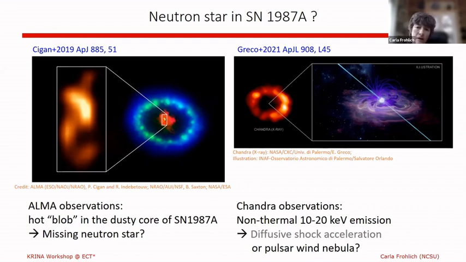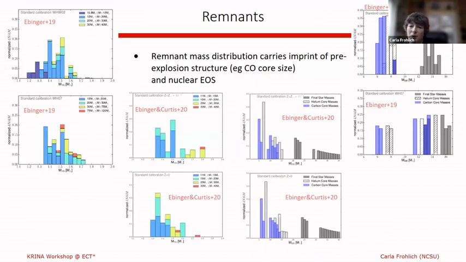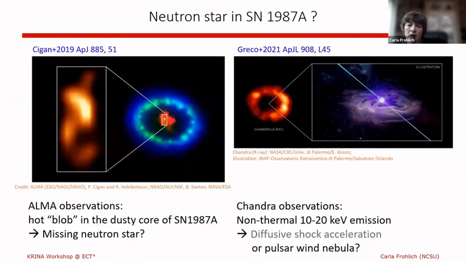So this is an ongoing, unfolding story, to use words of the popular media. Eventually, we will know whether this is a neutron star or a black hole and what the mass of that neutron star is. And then we can go back and compare it against simulations like these. For our 87A model, what did we predict for the neutron star? If we match everything else, like the light curve and the yields, did we also match a neutron star mass? So this is a teaser. We don't know the answer yet, but this is ongoing.